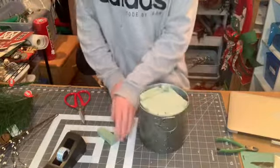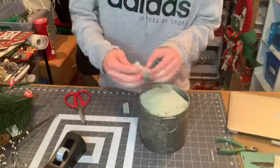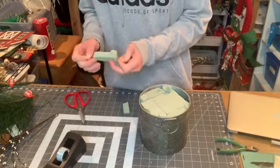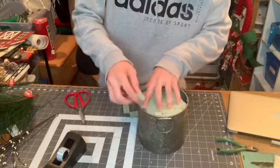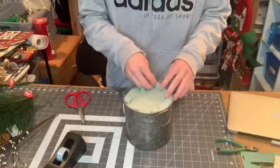And now I'm not gluing mine in right now. I will glue it in towards the end. I glue it all in once I have it all in. I don't sit here and glue pieces in while I'm adding, because that just takes too long. So I'll add glue once I get